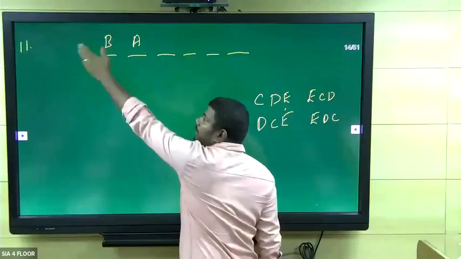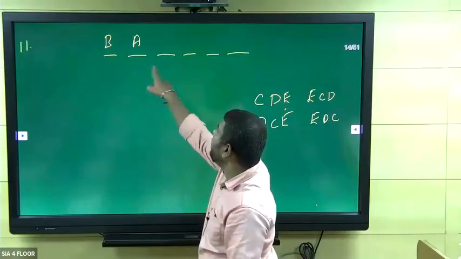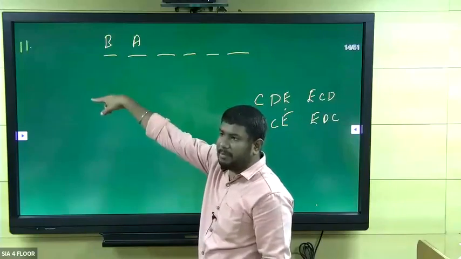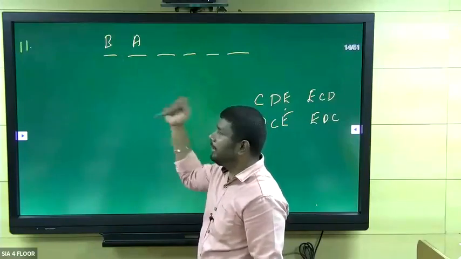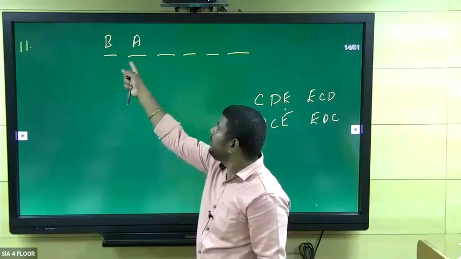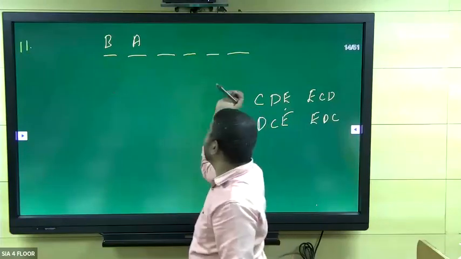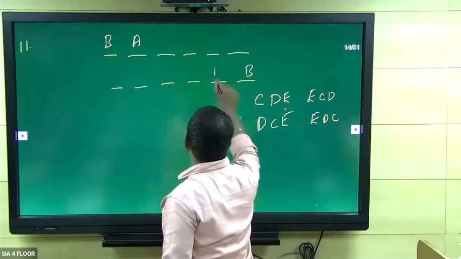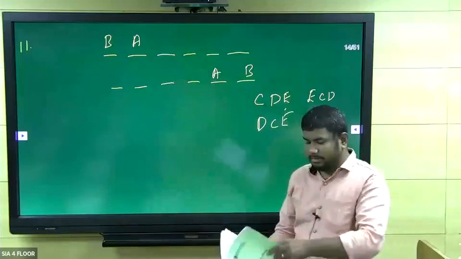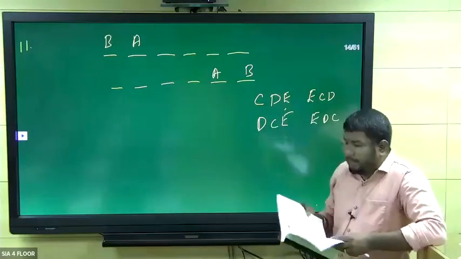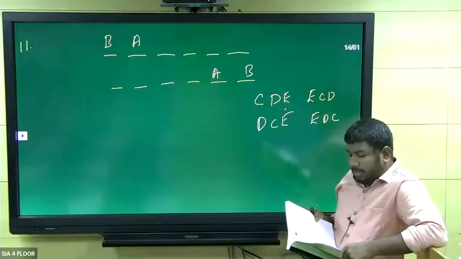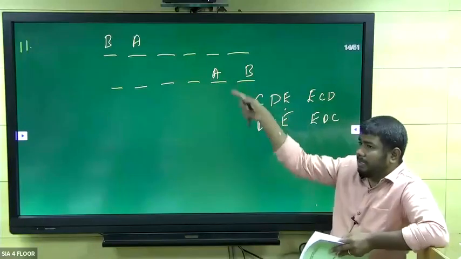So no person will come with it. We cannot take B and A like here, because if so, someone will occupy the seat after B. So this is the correct statement. But we don't know whether it is extreme left or extreme right. So we can take another possibility like this. So this is the meaning, the exact arrangement for that statement: B standing beside A only.